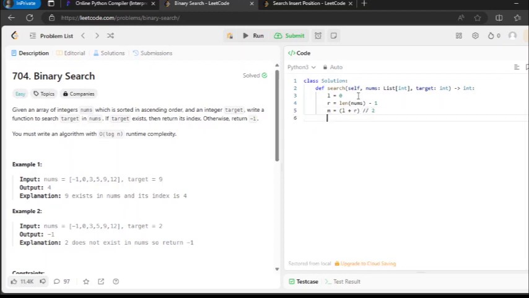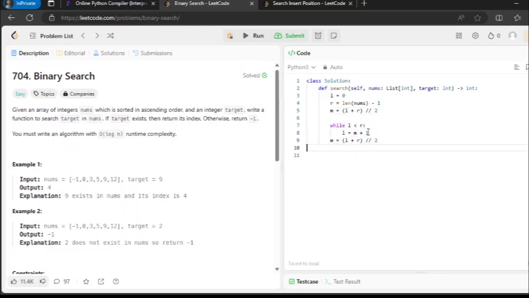We can say while L is less than what? R. What are we going to have? While L is less than R. When I say L equals to m plus 1, then we change the value of m once again. Oh, sorry, I made a mistake. So we say